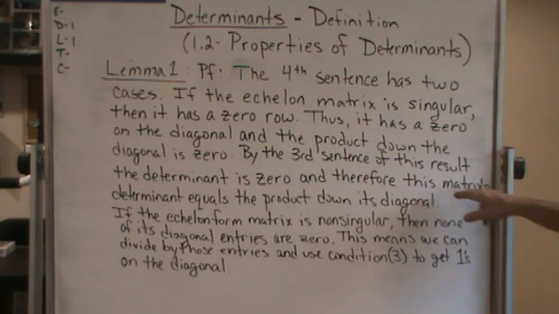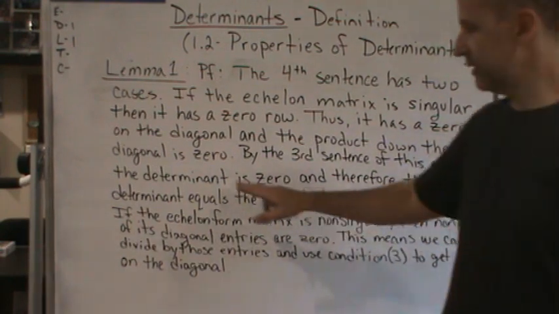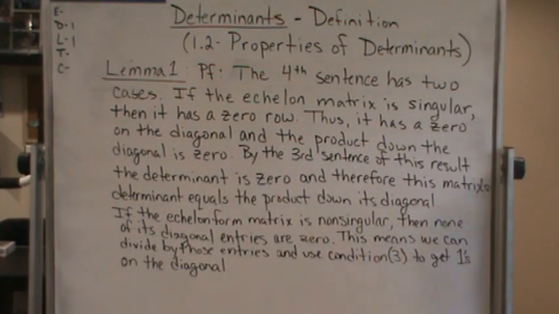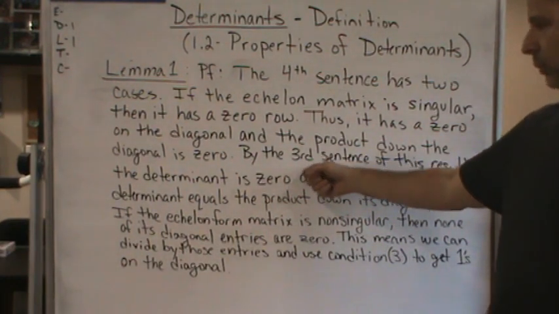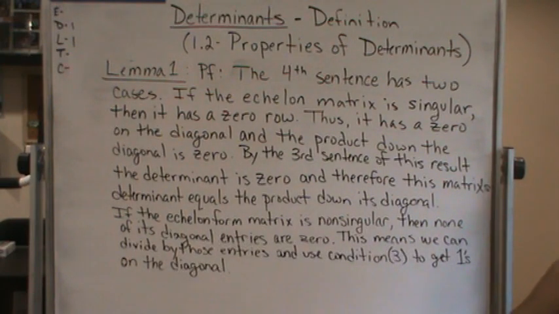And so therefore, this matrix's determinant is the product down its diagonal, because again, we know that if it has a zero row, the determinant has to be zero. So therefore, it works out that way. So that case works. Now let's do the other case, where the echelon matrix